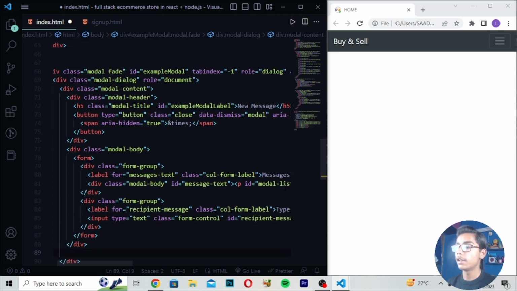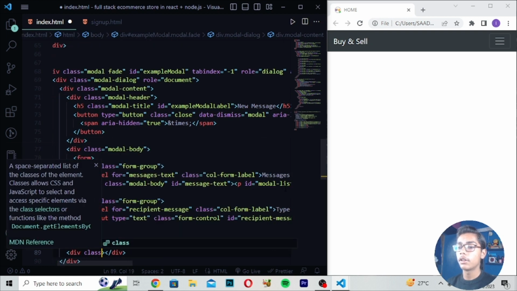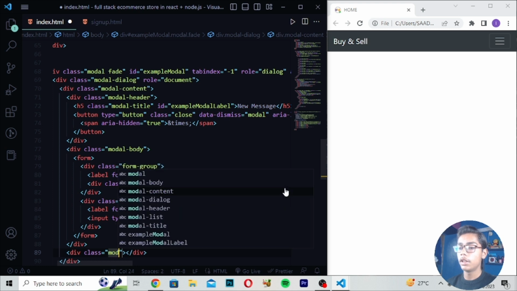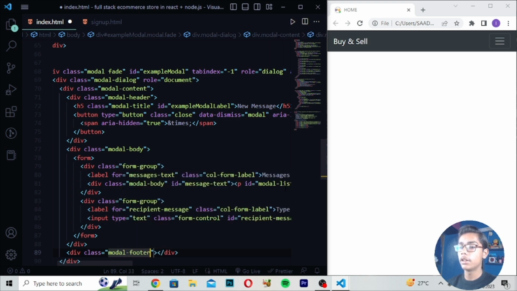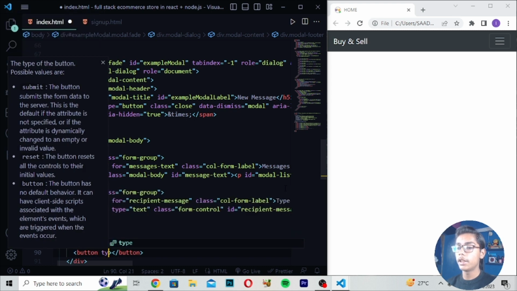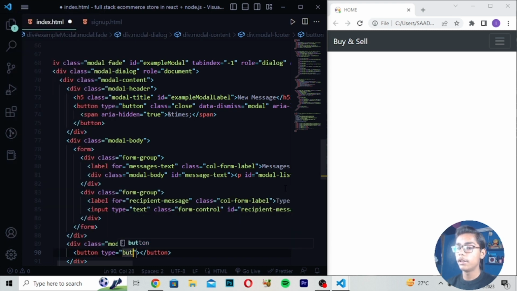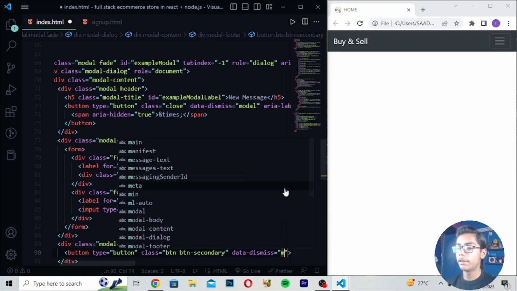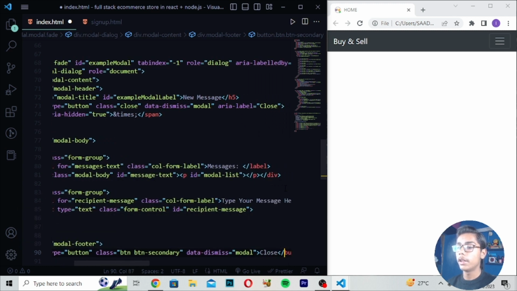Now when you've written this, here I will be moving right here div class model, and right here footer like this. Now I will be writing button, and in type I will be writing button, and right here class which should be btn dash secondary, and right here data dismiss is equals to model, right close.